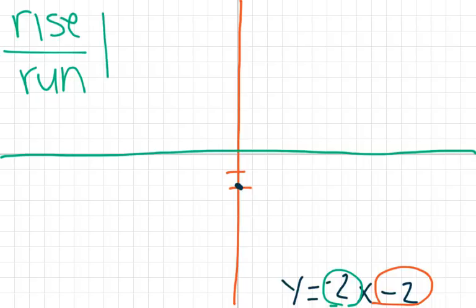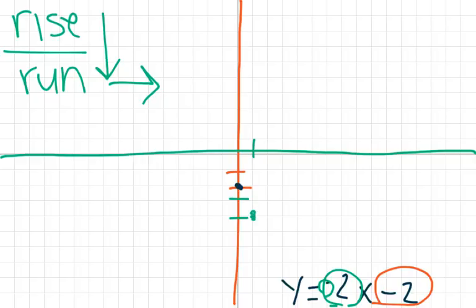So I'm going to rise down, and then I'm going to run positively because a negative divided by a positive will give me negative. If I ran negatively, then I would be doing a negative divided by a negative. That would give me a positive, and I'm not looking for a positive. I'm looking for a negative. So I'm going to rise down 2. And I'm going to run 1 because, again,